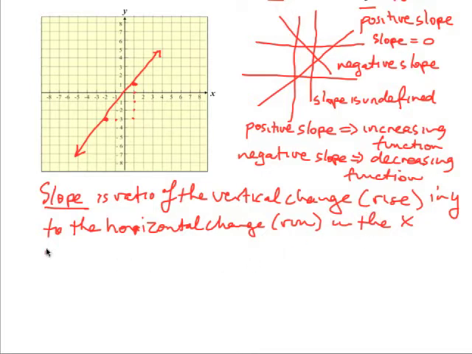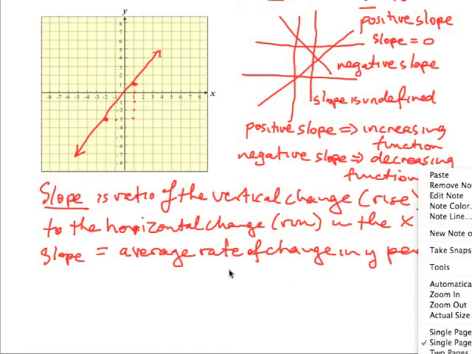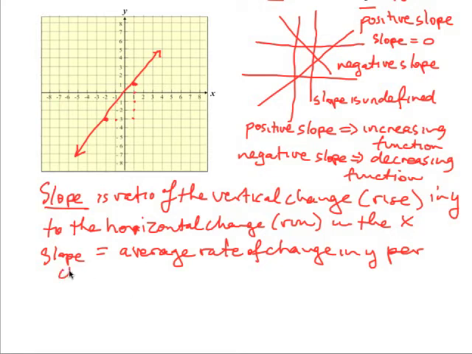So in other words, the slope actually is the average rate of change in y per change in x. Okay. All right. So per unit change